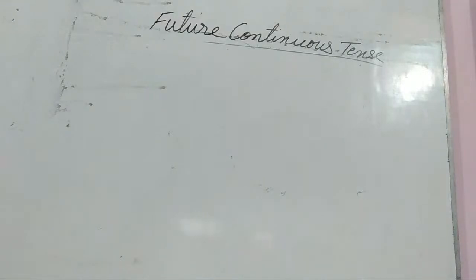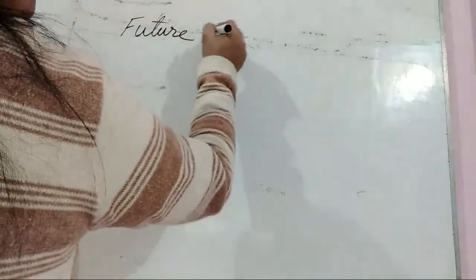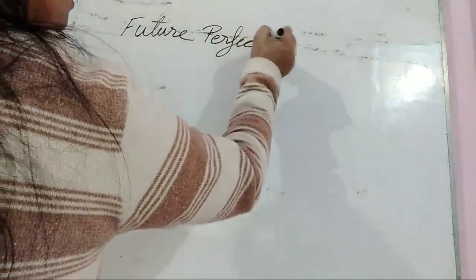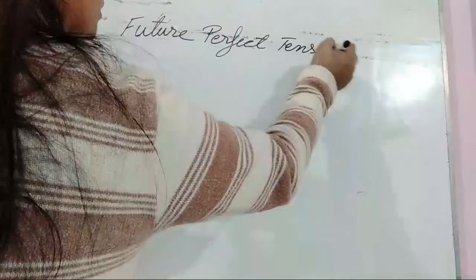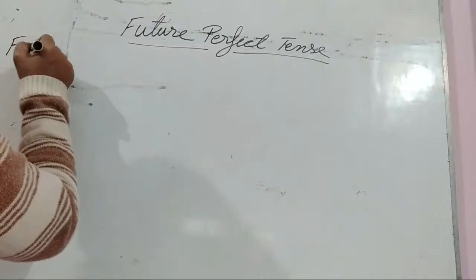Students, here we have finished with future continuous tense. Now we are going to start with future perfect tense. So the formula for the future perfect tense is